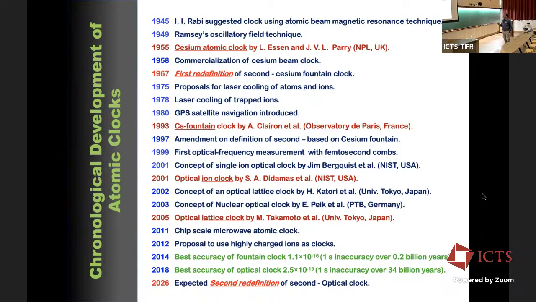In 1993, the cesium fountain clock was demonstrated by a lab in Paris. Afterwards, many other countries also developed it, including India. The optical clock concept first came in 2001, and it was immediately realized practically by the ion trap groups, because at NIST, people who were doing ion trapping